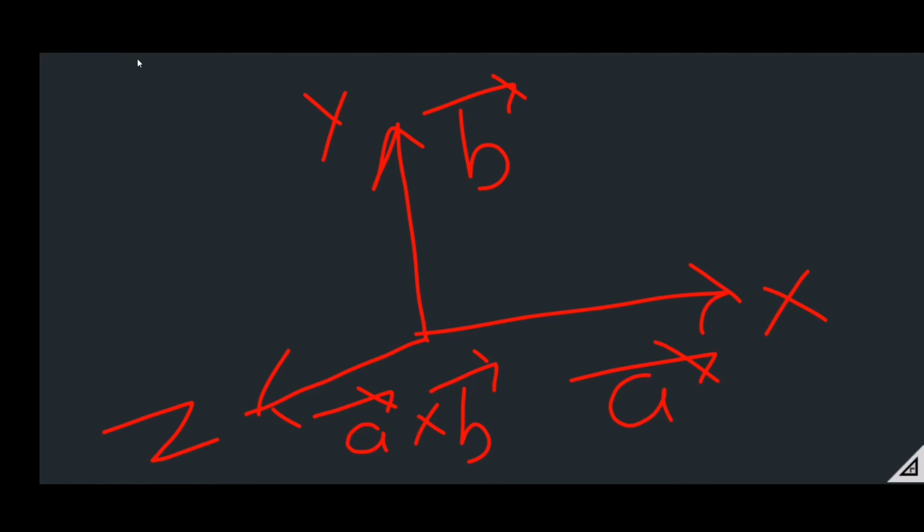It is also given by left hand thumb rule. According to this, if A vector and B vector are represented by the index finger and central finger, which are stretched mutually perpendicular, and the thumb is also stretched mutually perpendicular,